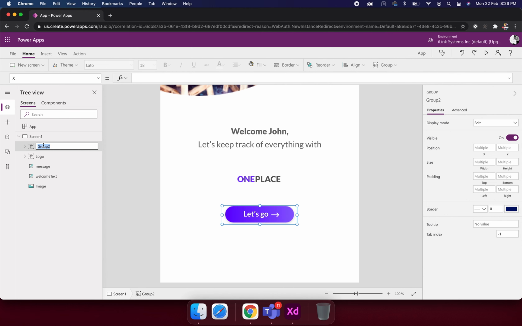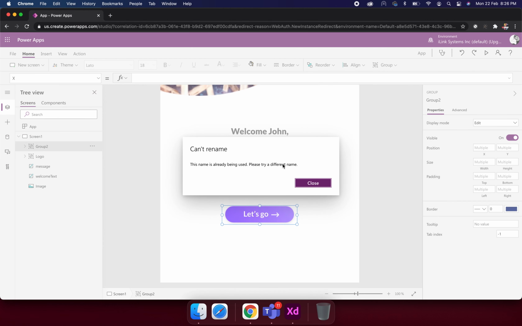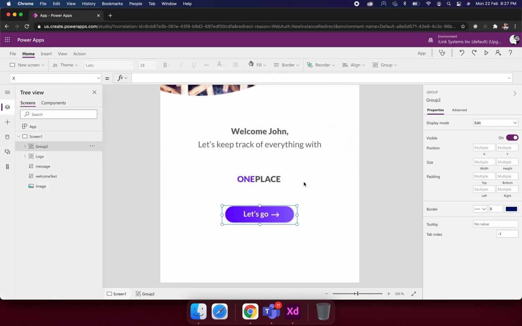button, and yes, oh sorry, we have the image named as button, so we can't rename it as button because Power Apps doesn't allow multiple objects with the same name. So let's make it go button. Okay,